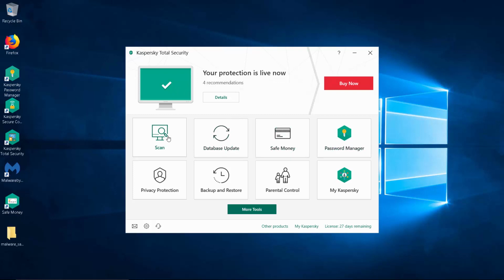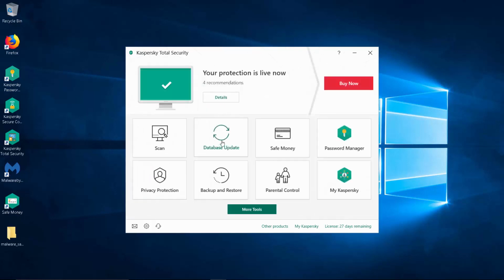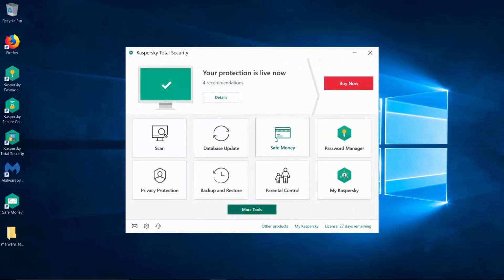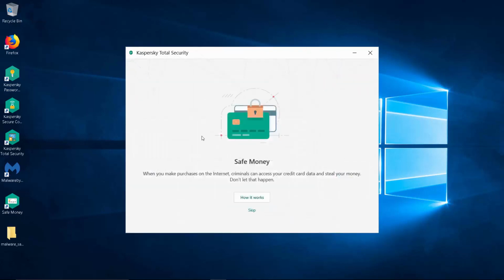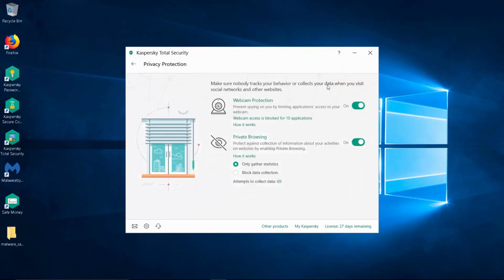Among them are the scan, the database update, the safe money feature, which allows you to use the safe browser when you are doing online banking or shopping online. There's also a password manager, privacy protection, which includes webcam protection and private browsing,